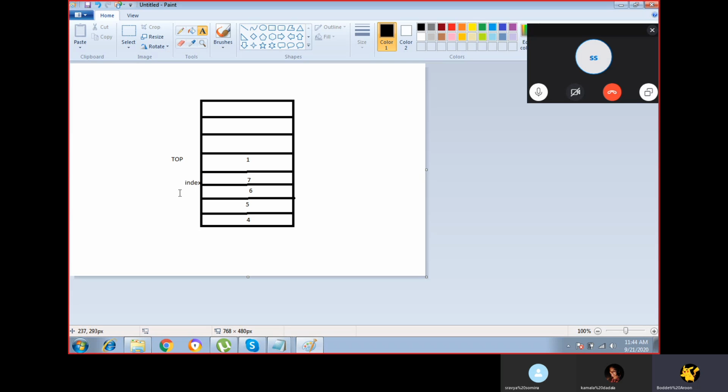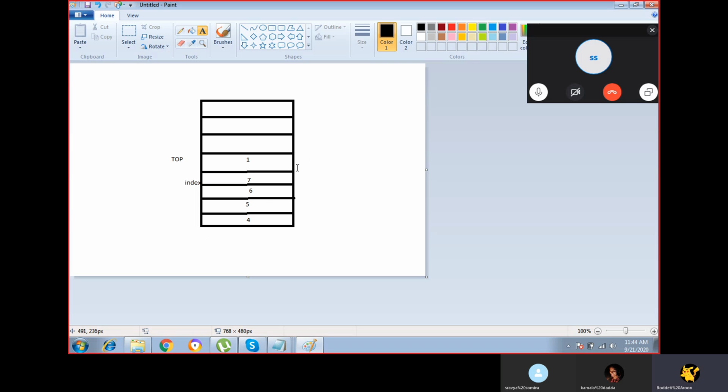We use the element's index to track at which position in the stack an element is present. The last inserted element is the first element which will be removed from the stack.